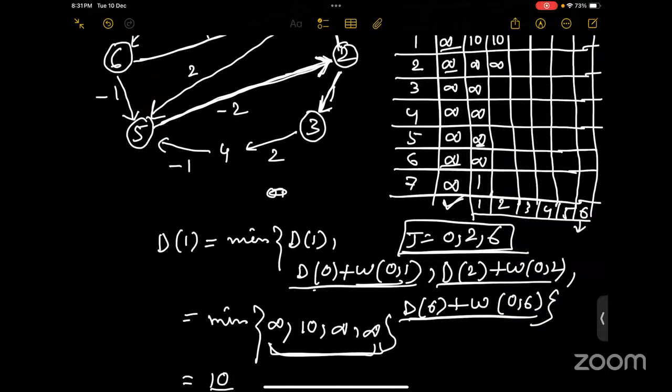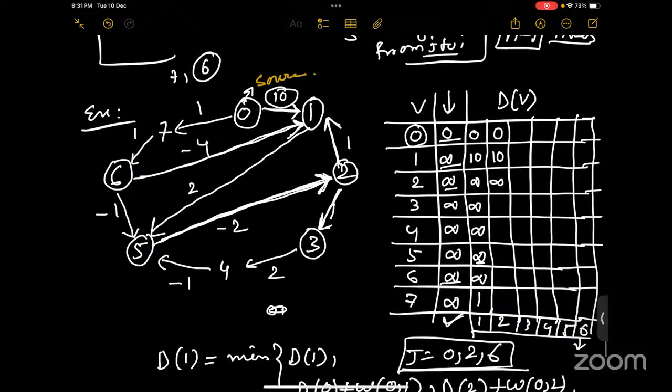Nothing, ma'am. Got it. Okay. So let us calculate the others. So what will be the distance of 3 in the next step? Infinity, right? Similarly, we will calculate for 4? Infinity. For 5? Infinity. Sure. So whenever you are calculating